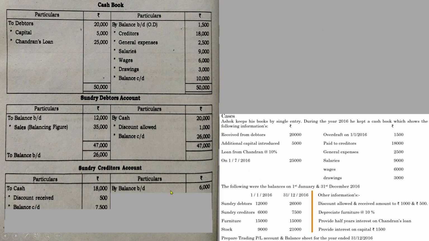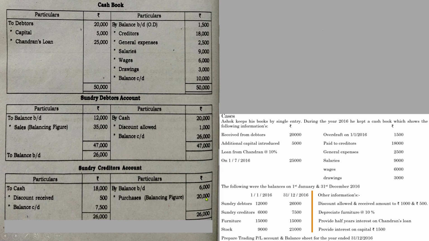So let us balance this account. You can see that in both sides amounts are different. It will not tally. Find out the amount that is highest, whether it is in the debit column or credit column. Definitely it is the debit column. So the total is 26,000. So it has to be shown on the other side also. And once you write down the total, we take the difference between 6,000 and 26,000. So it will be 20,000.